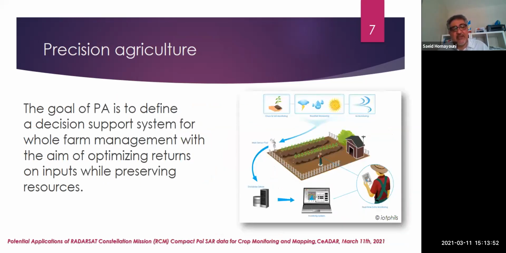So for example, the goal of precision agriculture is to provide a kind of decision support system for the whole farm management, with the aim of optimizing the return on input while preserving the environment and resources. So we are using satellite, weather data, Internet of Things, mobile technology, and robotics. So all is together working on providing the high return,